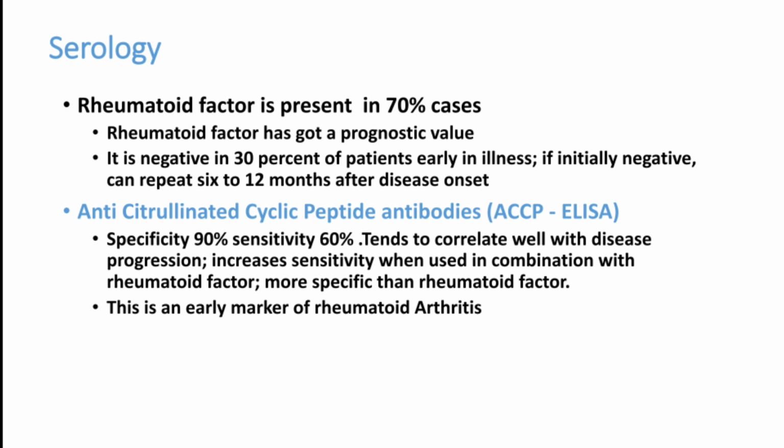This is one of the earliest markers of rheumatoid arthritis. Even before the arthritis starts, this can be positive in some patients. Now, the major investigation other than the antibodies we discussed is X-rays. X-ray of the hand or joint can be taken. In that you can see many findings: soft tissue swelling, periarticular osteopenia, bone erosions, articular cartilage erosion and destruction, joint space narrowing. So many things can happen in the joints.